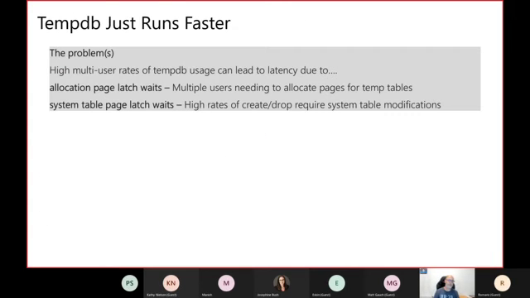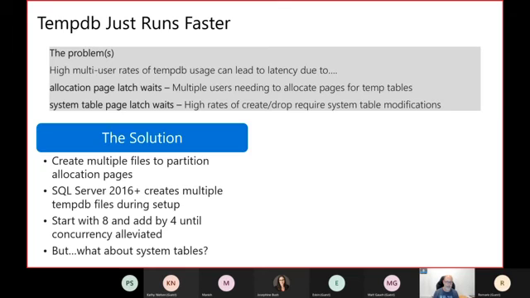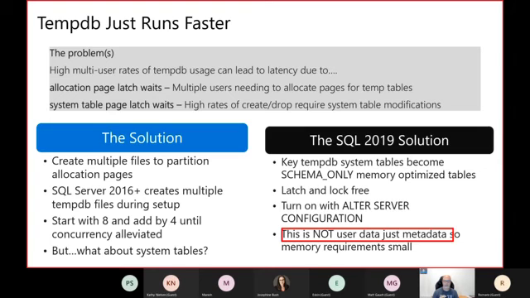And then, for tempdb, historically, tuning tempdb is quite hard because we have to set up specific storage. We have to put multiple files depending on the number of cores, etc. Well, we still need to do that. But in SQL Server 2019, Microsoft has introduced